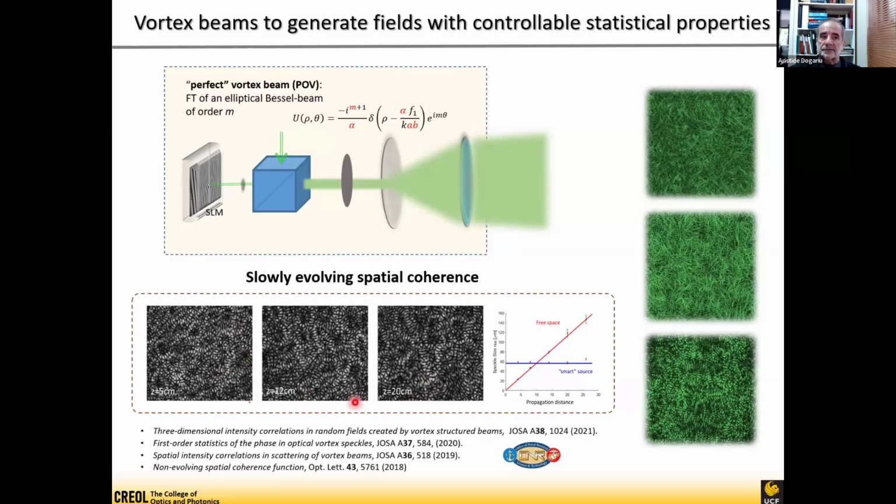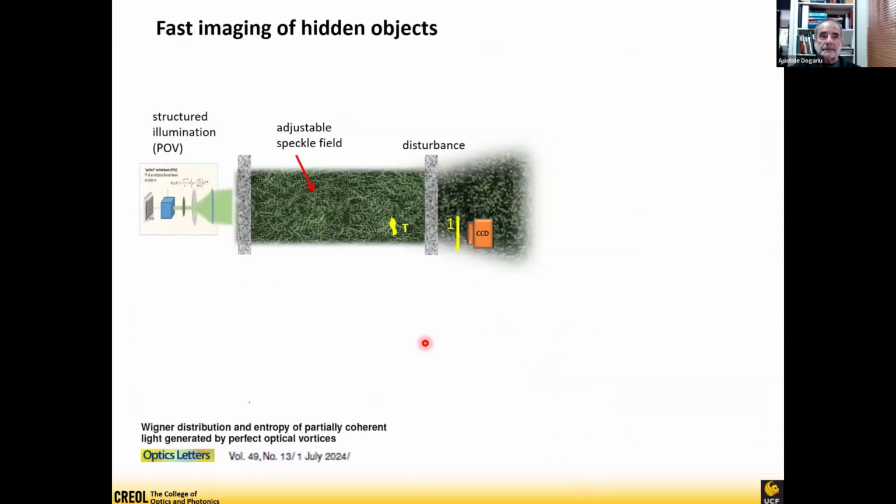So we have looked at this kind of thing in great detail, in the statistical properties that certainly go beyond second order, and as you can see, based on the fact that you can manipulate both the spatial and the k-space of these fields with the type of vortex beam that you are actually starting. Therefore, a complete description of whatever happens here must involve the Wigner formalism. So based on that, we can